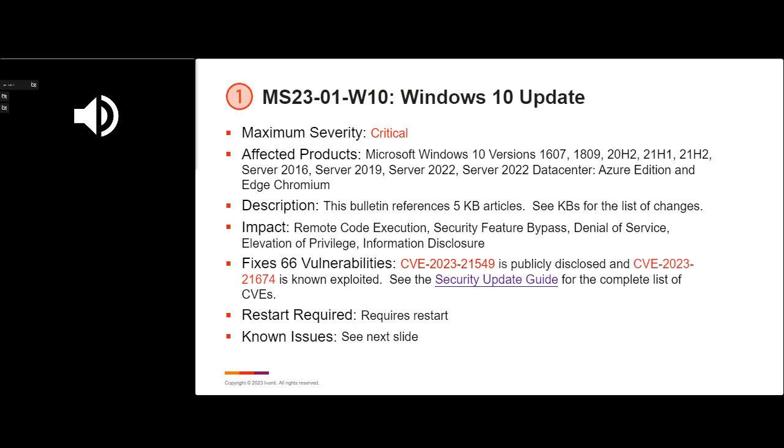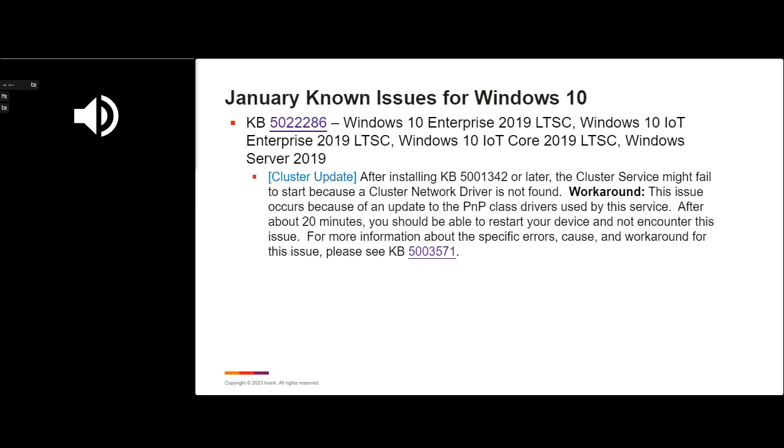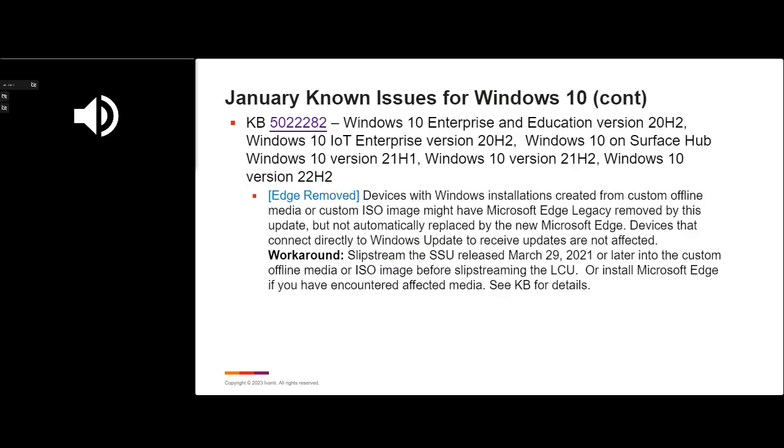Microsoft is actually working on updating some of the known issues. Windows 10, we see 66 vulnerabilities updated, a few more than the Windows 11 version. Again, the same 2 known issues as far as the public disclosure and the known exploited were addressed this month. As with the Windows 11 version, the Windows 10 version had a lot of issues cleaned up this month, so we don't see a lot. The 2019 release, the long-term service channel, still has this cluster update issue. I've talked about it for a long time. Basically, it's kind of self-correcting, though. It's not a bad one in that the services will start up after a few minutes, maybe up to 20 minutes. But if you want to go in and manually start them, you can circumvent this problem quicker.